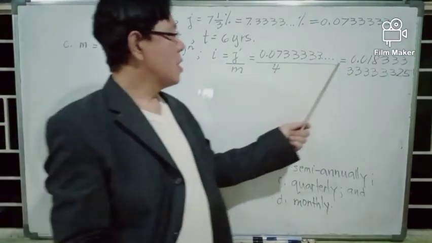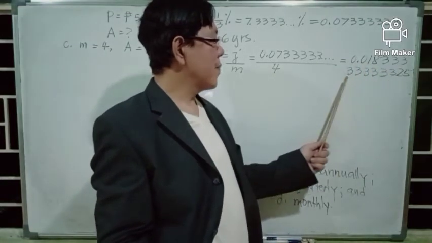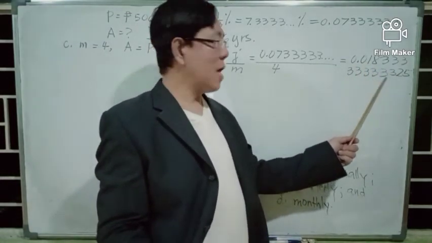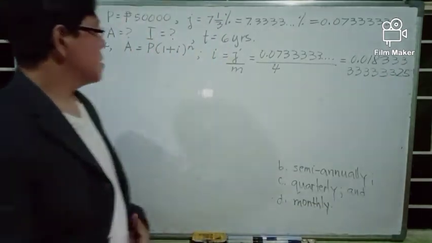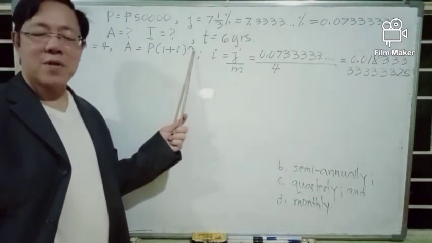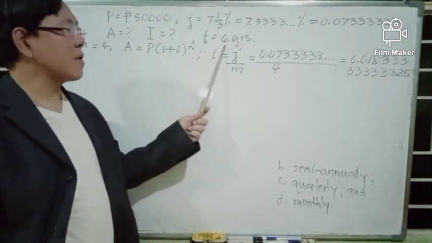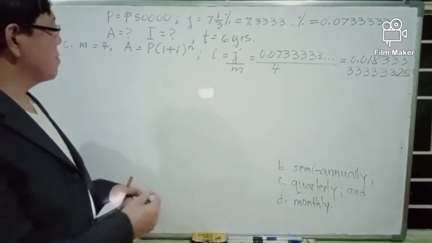Divide by 4 is 0.0181333. There are 9 threes. The last 2 digits are 2, 5. Also, the exponent n will change. The number of times that interest will be computed for 6 years will change. And n is given by